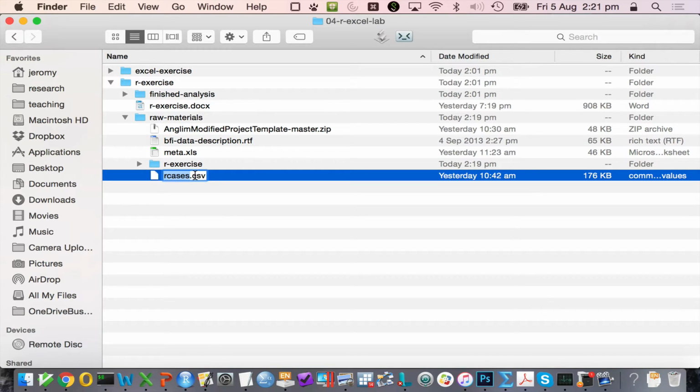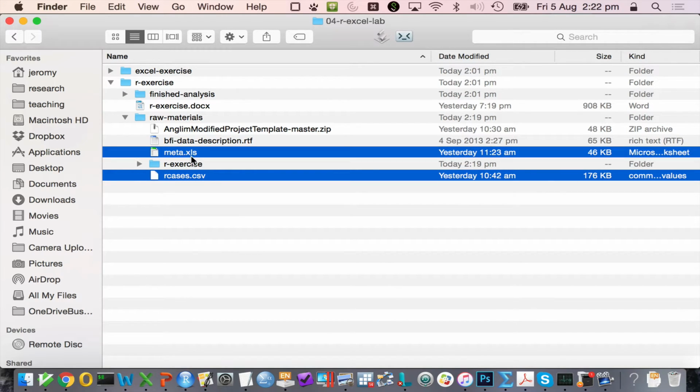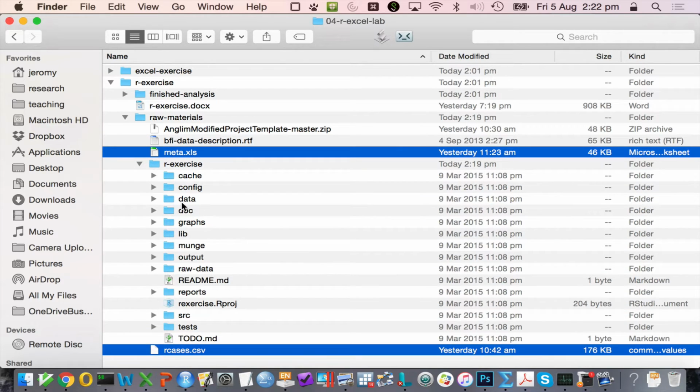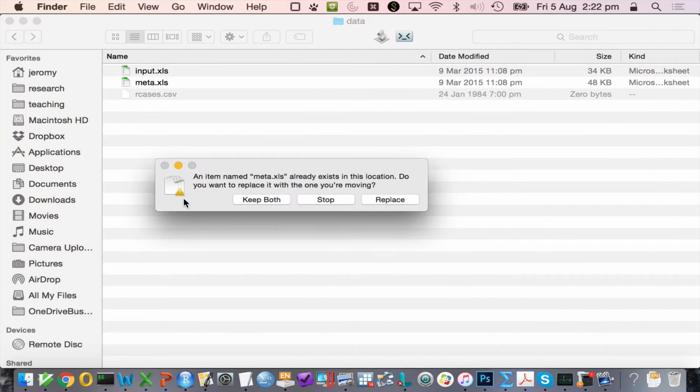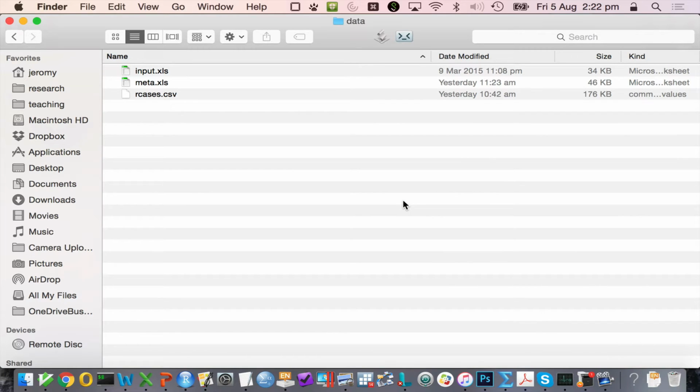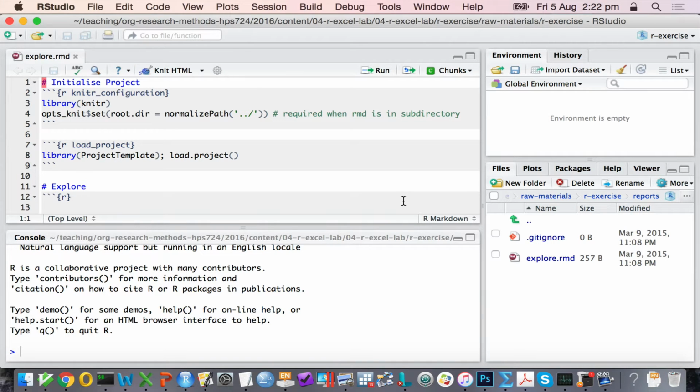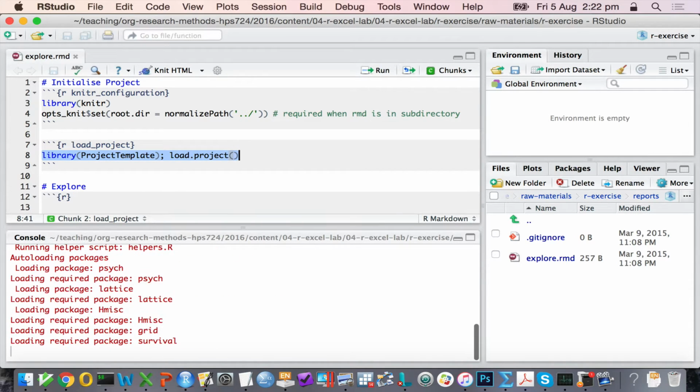So to import that using ProjectTemplate, what you do is you just copy them into the data folder. So now they're ready to be imported. And to import them, you run this one command in RStudio. So if I run that,